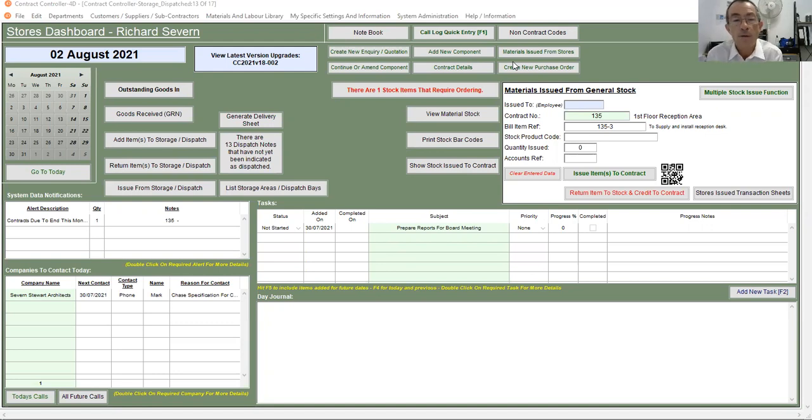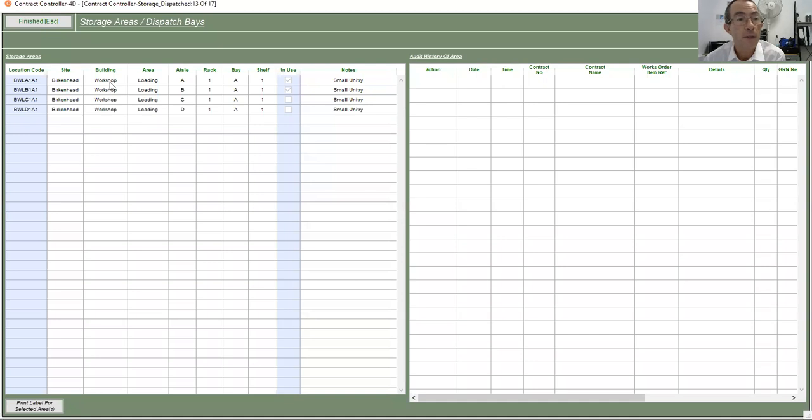Now, this is not to be confused with items that are in your stores that have been bought for stock. These are specifically areas designated for either completed items or, as I say, items that have been bought for the job. So if I click list storage areas and dispatch bays, that will give a listing of all